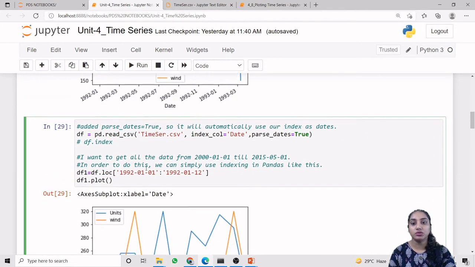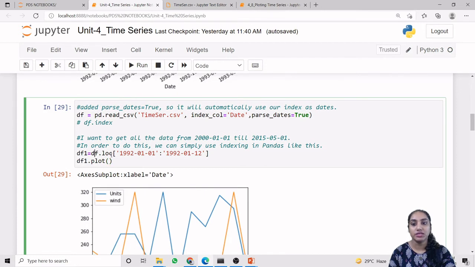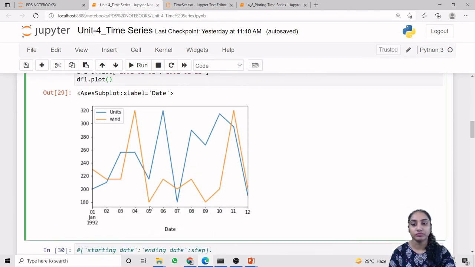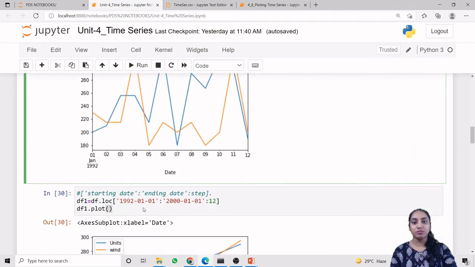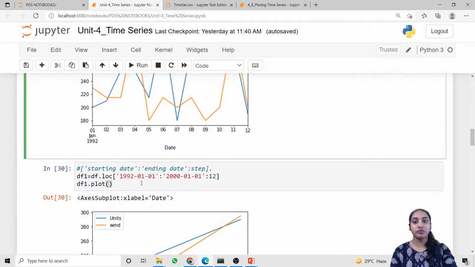So we can also take some portion of it using df.loc where we want 1992, from date 1 to date 12, and then we are plotting it. So this is the output. We are plotting from only date 1 to date 12. So this is a portion of the time series we can represent. Similarly, if we want to skip some of the data, we can use the starting date, ending date and step size.